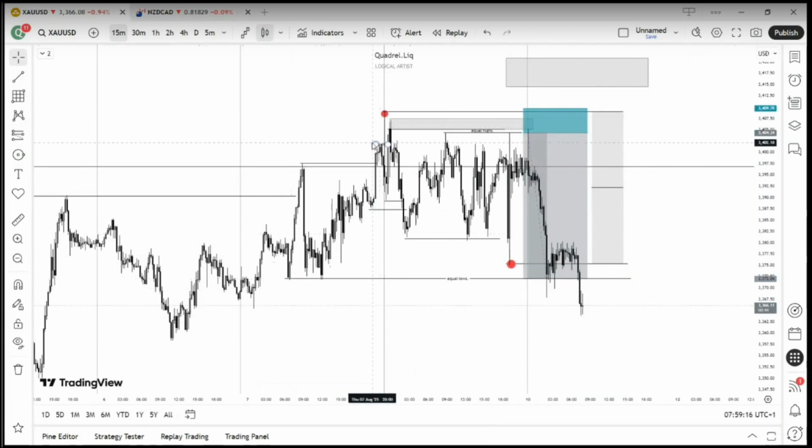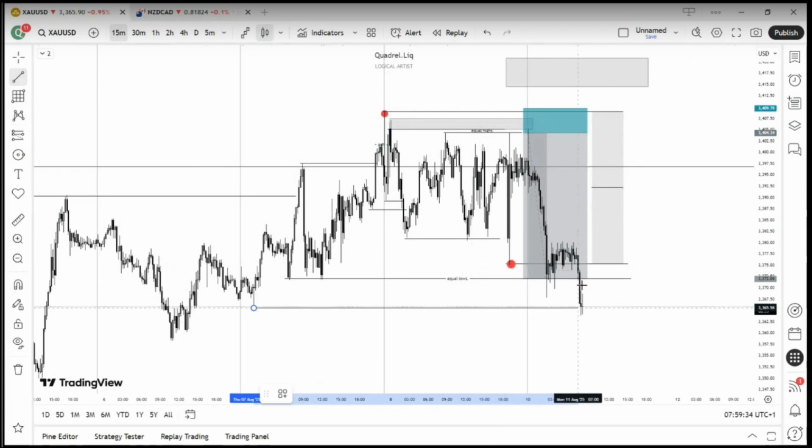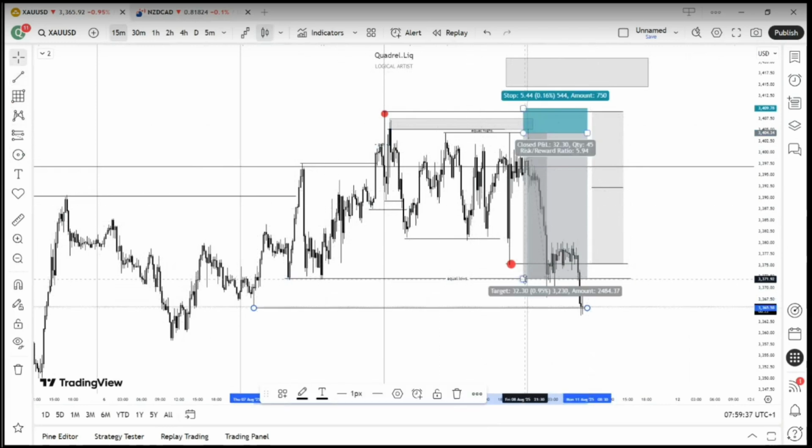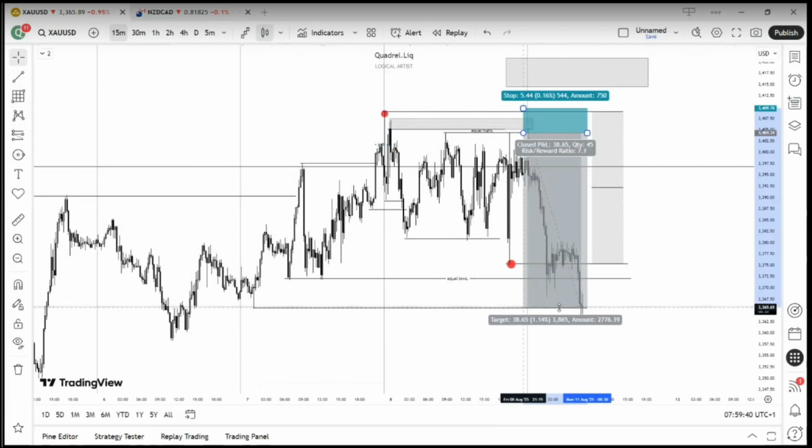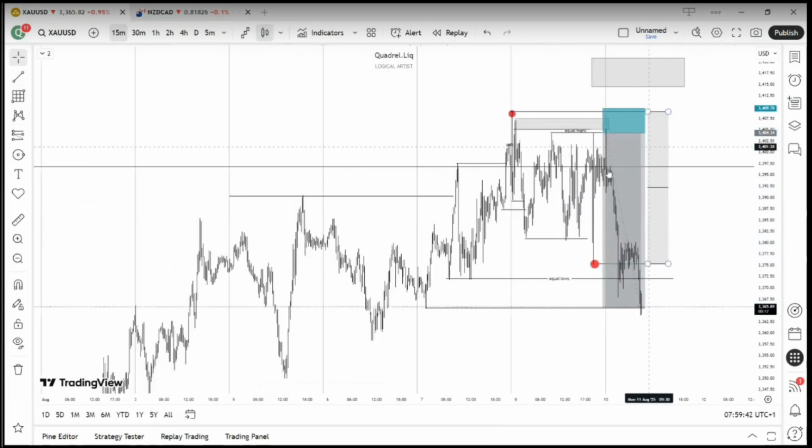And like I said, if a previous day high is taken, the targets for such would be previous day internal structures of that same day. So meaning I could target this, and as well, I could still target this, because it's still kind of an internal structure of that same previous day. So that was basically how the sell was